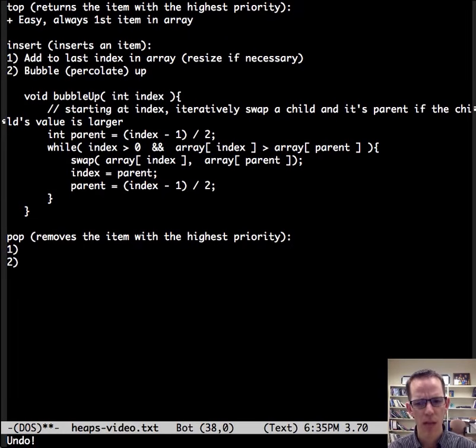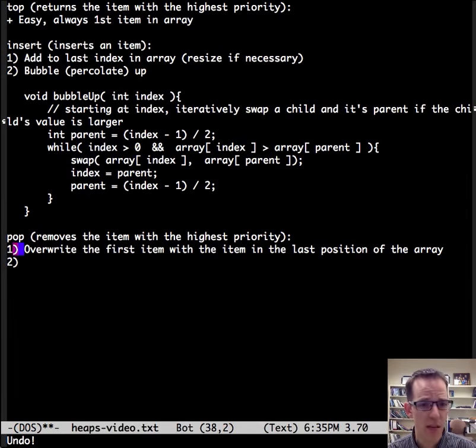Finding and removing the item with the highest priority is easy, but fixing the heap is going to take a little bit more effort. So step 1, we're going to overwrite the first item with the item from the last position of the array. We take what's in the last position of the array and put it in the first position. Well, that's easy, but we've